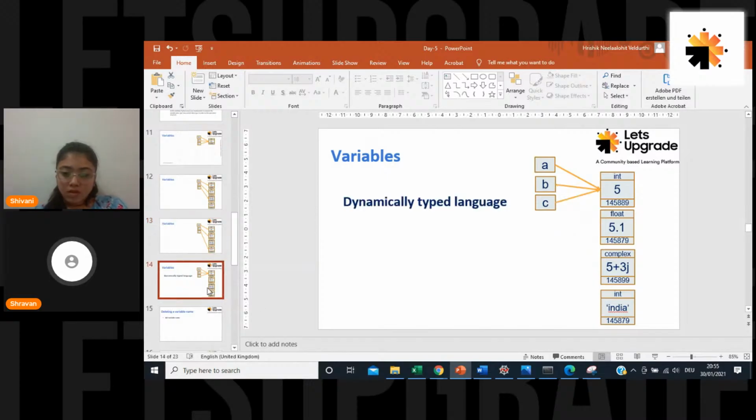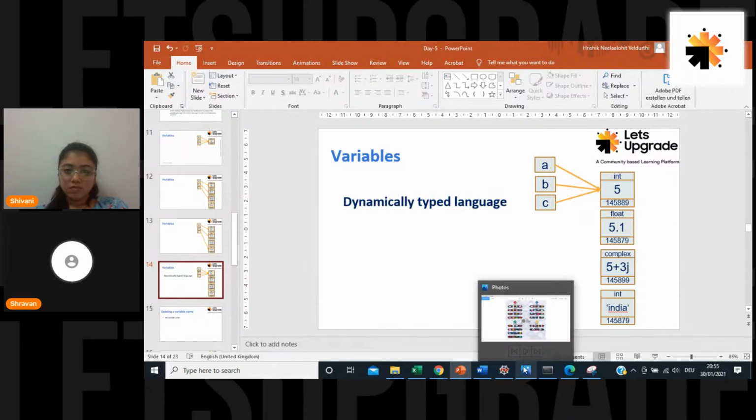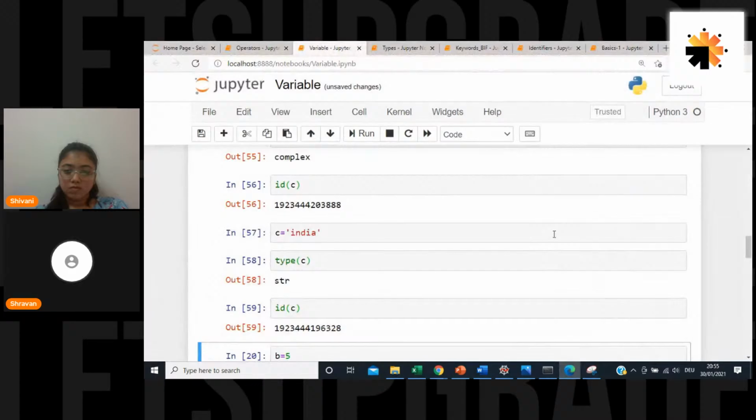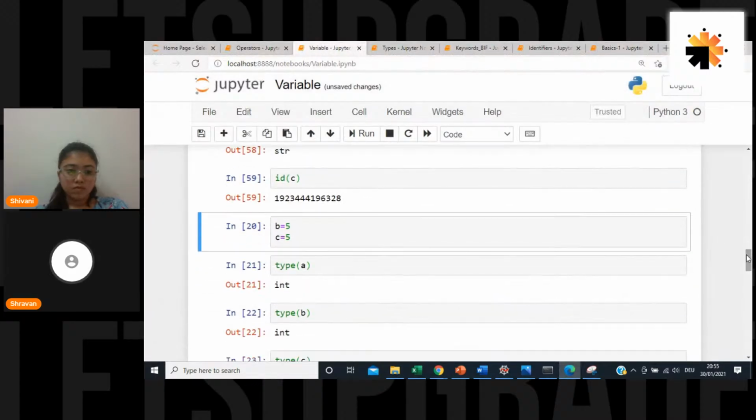Another case is, I will go back and assign A, B, C once again equal to 5. A is already 5, so I will just make B equal to 5 and C equal to 5.